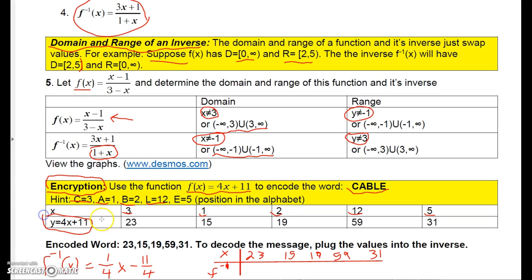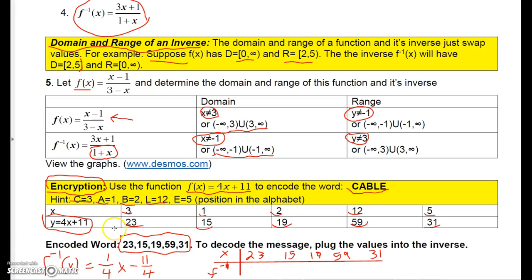linear function. If I plug 3 into this, I get 12 plus 11, which is 23. If I plug 1 in, I get 4 plus 11, which is 15. If I plug 2 in, I get 8 plus 11, which is 19. If I plug 12 in, I get 48 plus 11, which is 59. If I plug 5 in, I get 20 plus 11, which is 31. So I could say that these 5 numbers are the word cable